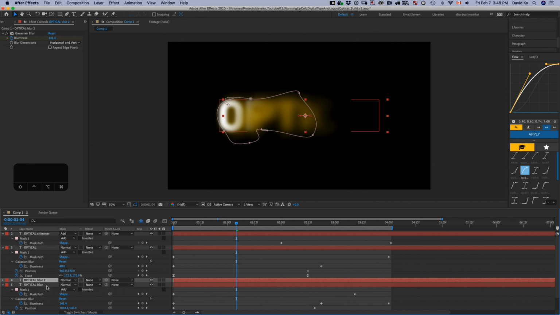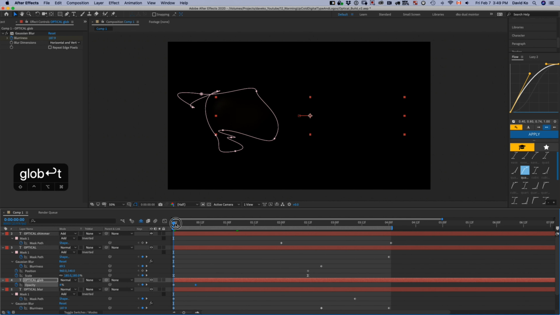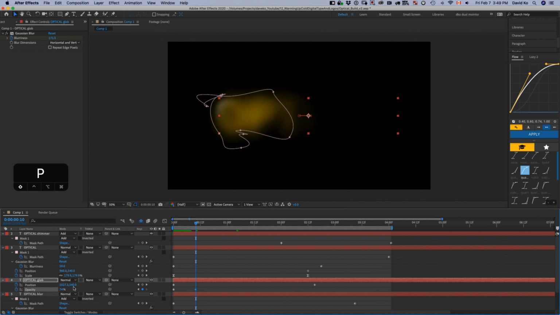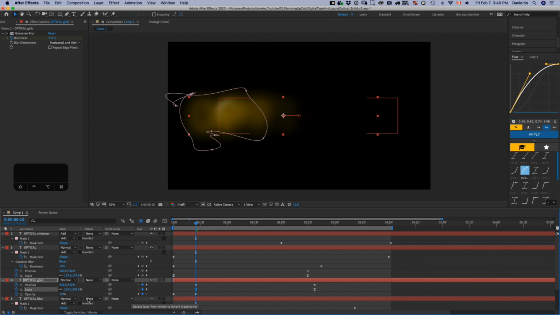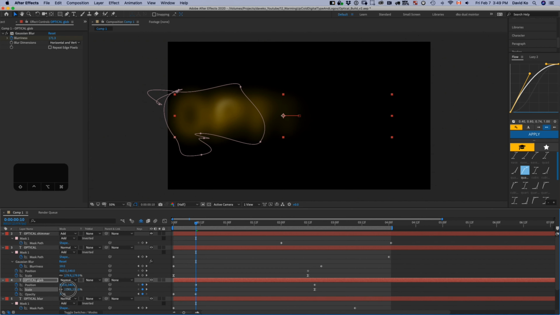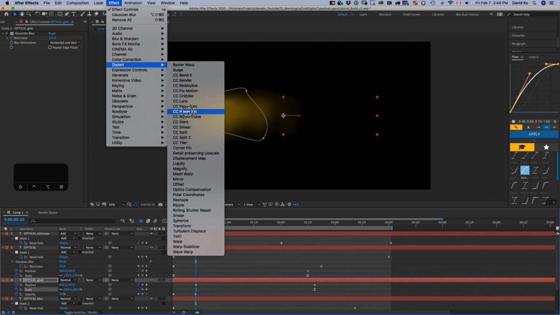Alright, so we're going to add a kind of globby layer, a little misty, foggy layer. So we'll just duplicate our blur layer and make it a little tighter there. And we'll just change the position, move it back, so we make the cloud a little bit bigger. And we'll scale it up a little. We'll go into our mesh warp,